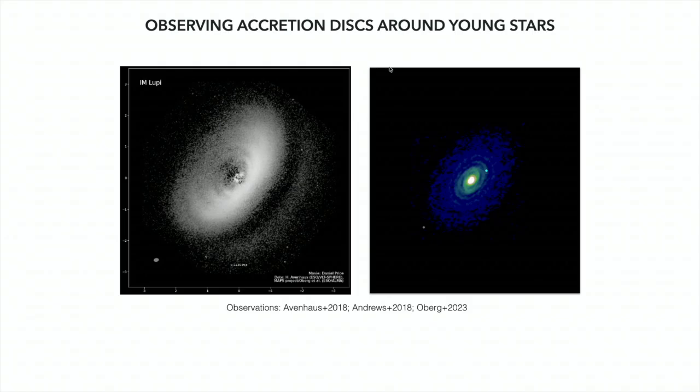So if you look at light off a table, it's polarized because it's reflected to you, whereas light coming straight from the source is unpolarized. And so, for example, in polarized differential imaging, you just see the light reflected off the disk, and you only plot the polarized component, you see a picture of the disk instead of a star. Yep, so it's pretty simple. Of course, this is with the SPHERE instrument on the Very Large Telescope.